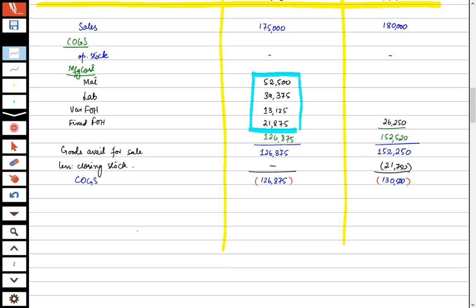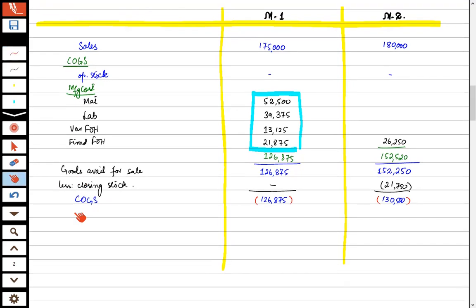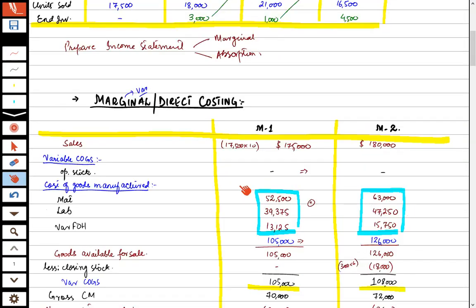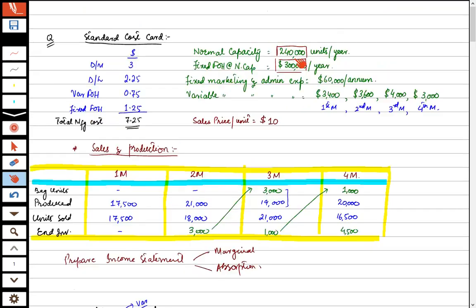Remember, we have done the over or under applied FOH adjustment in the cost of goods sold. So there is something in full costing, absorption costing. We have to see about the fixed FOH, because on the normal capacity, now listen to this very carefully. On the basis of normal capacity, we had estimated that our FOH would be 25,000 per month. And as per the definition, that 25,000 fixed FOH has to remain the same. Now in the production we have applied. This is